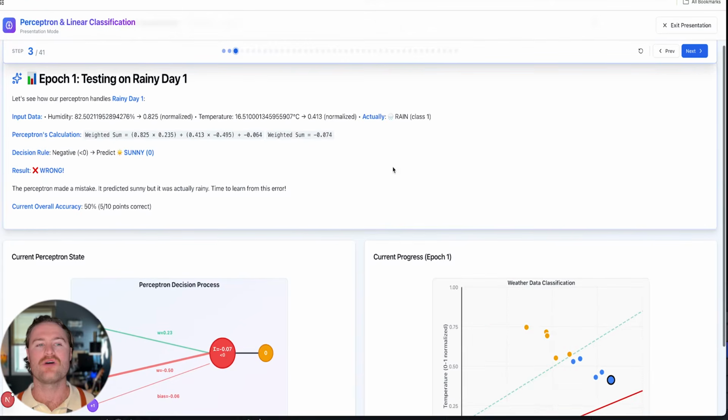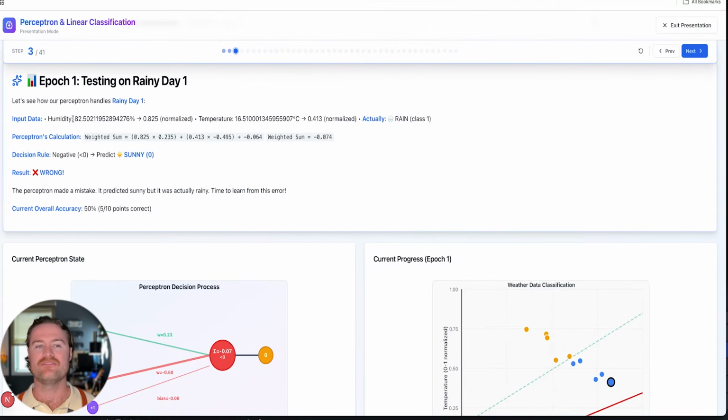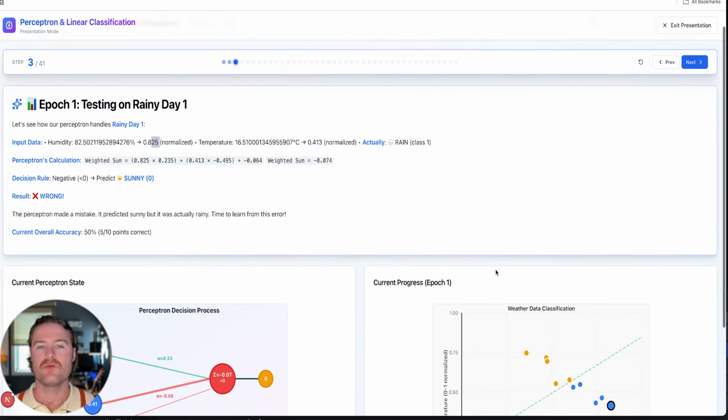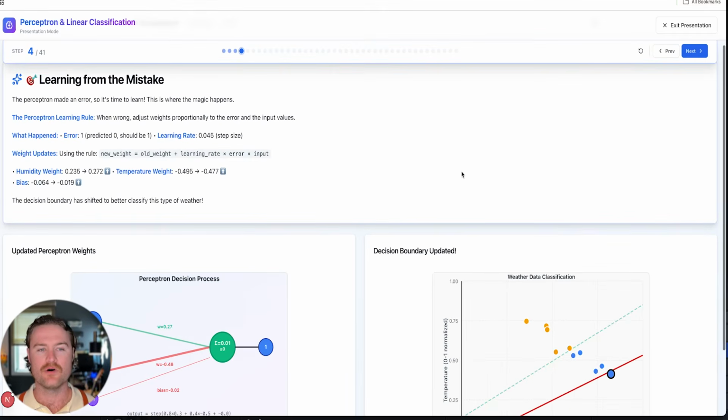So the first one we grab is essentially this input data of a humidity of 82 and a temperature of 16 degrees, normalized to 0.4 and 0.8. It's actually, in this category, rain, but because it's above the line, our algorithm predicted it to be sunny. The algorithm was wrong, so it's now going to go through its learning loop, which is essentially going to be